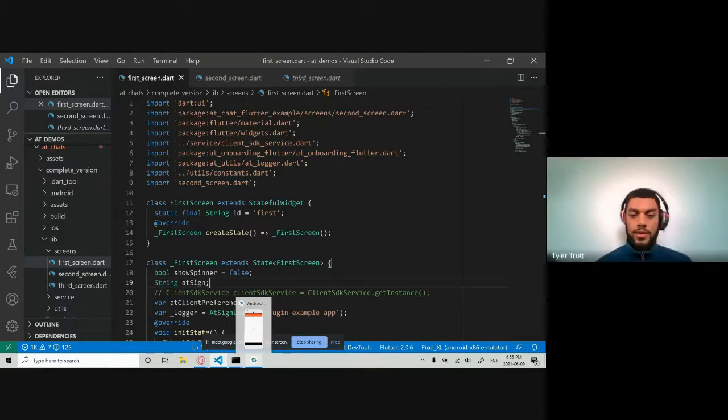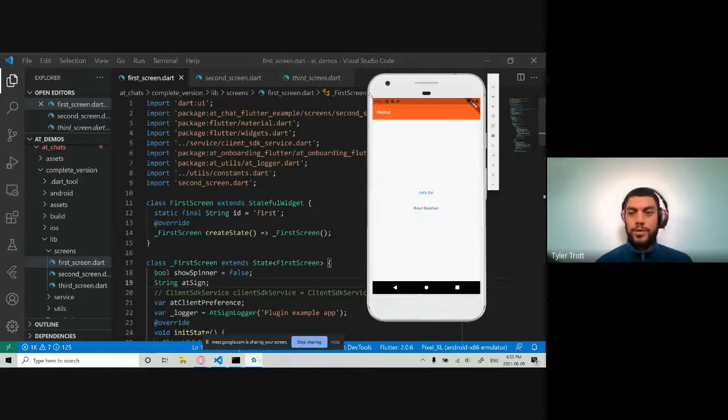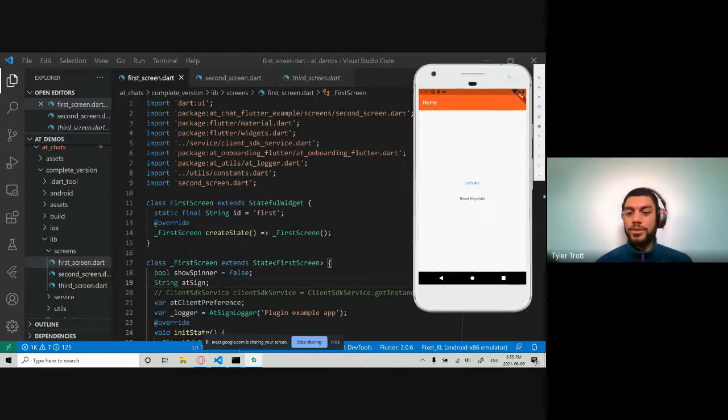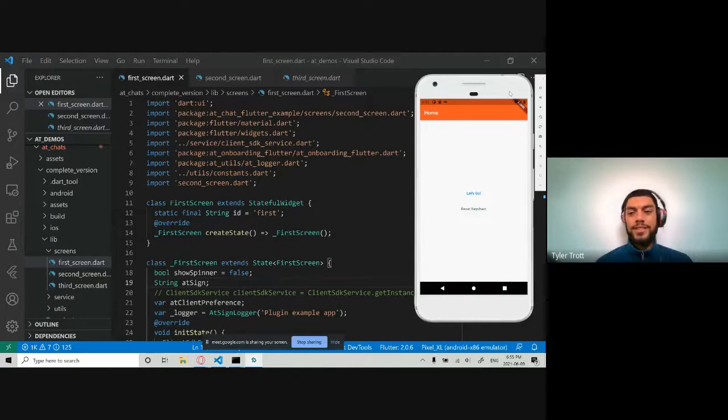So let's get my emulator up. There are 3 screens that Colin showed you. And just another note, Colin said it earlier, but if you want to set up an @sign, you don't actually have to go through all of the AWS steps, because I'm definitely no AWS or CLI wizard. So don't worry about all of that if that's a little intimidating.